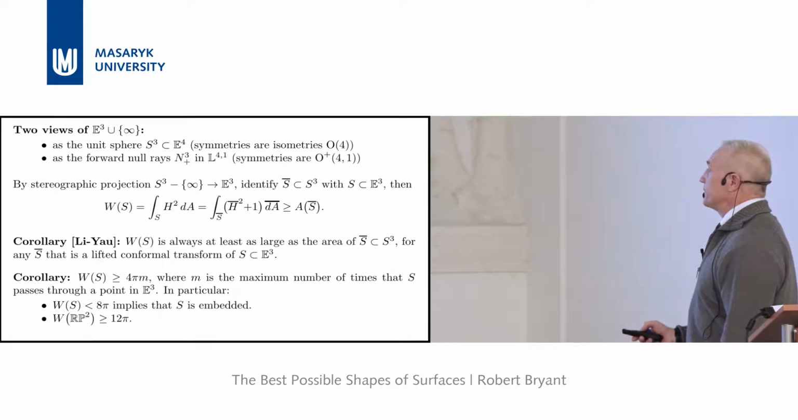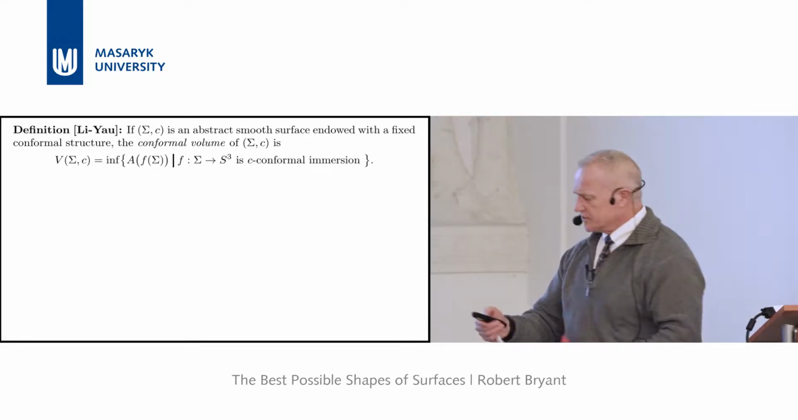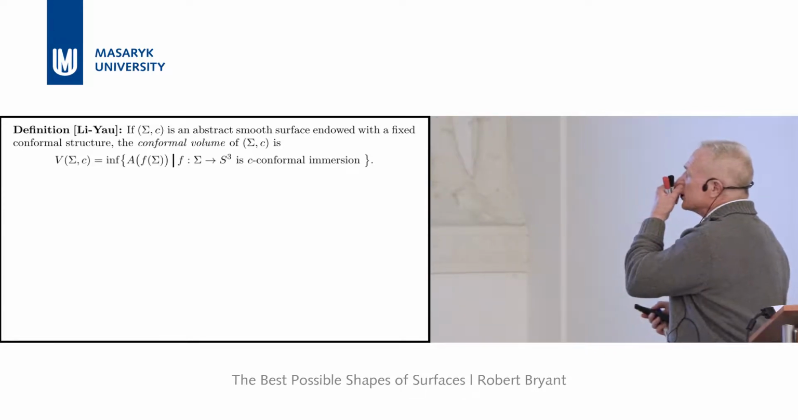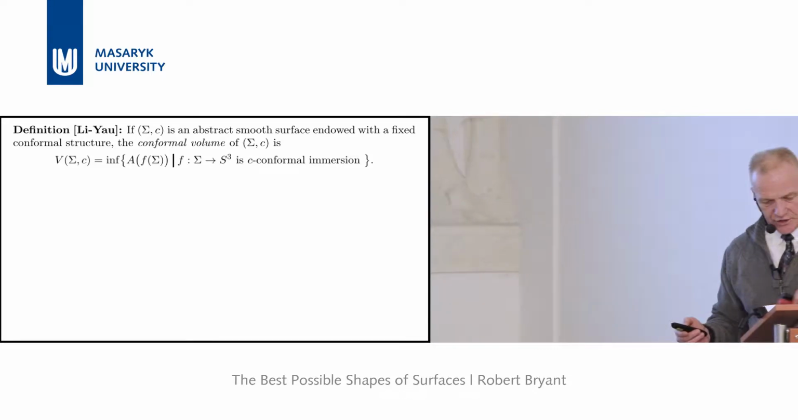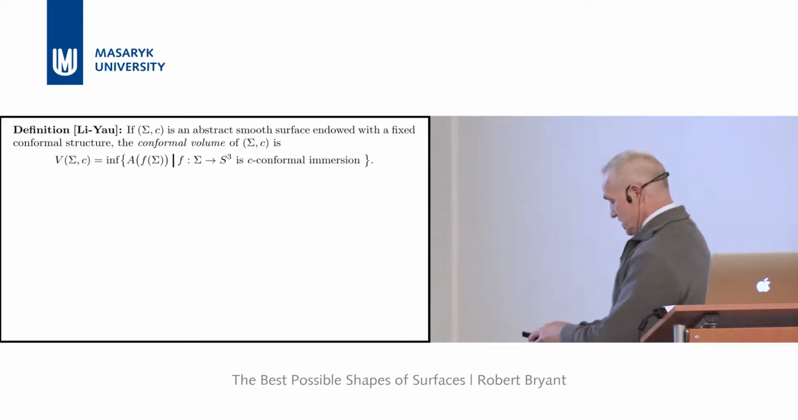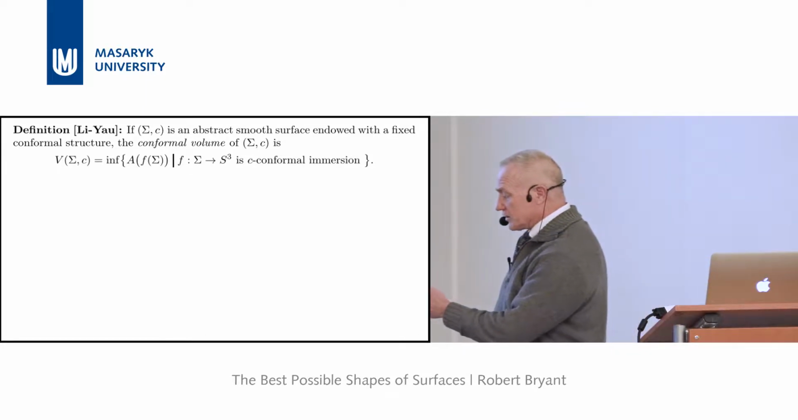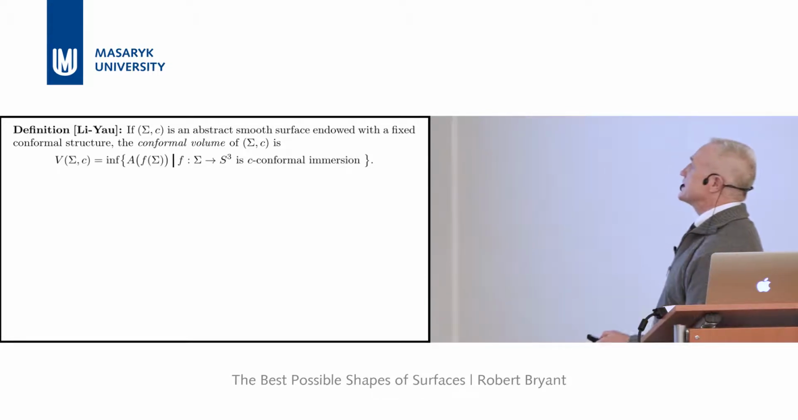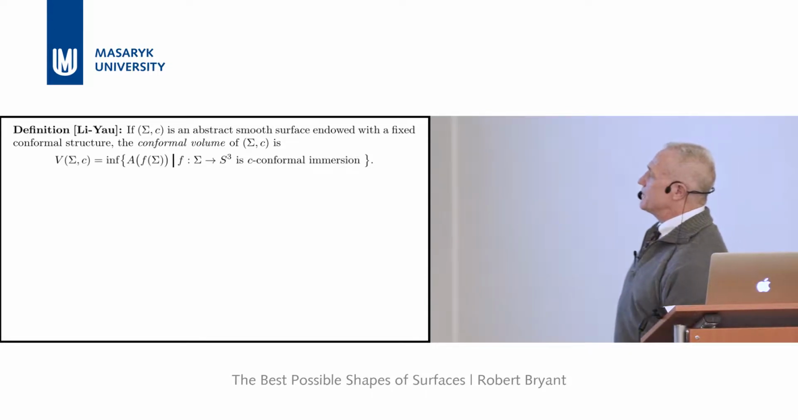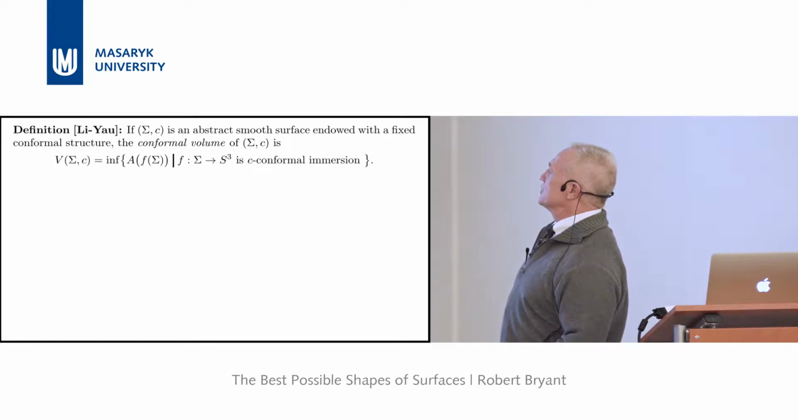Well, so what does that tell us? Given the time, I might skip this, but I'll say very briefly what this is, because I don't want to skip it completely. Li and Yau also realized at that time that maybe one approach to proving the Willmore conjecture was to first